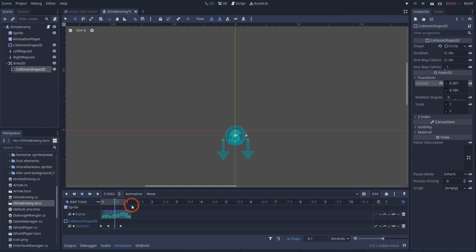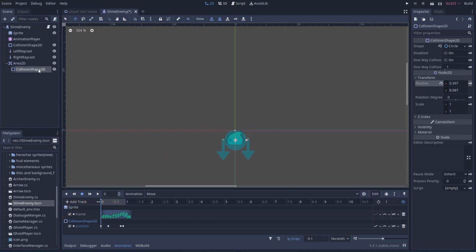Awesome. Now you can see that there's a little bit of finickiness here. I believe it's right. I guess that's okay. I mean, you have that one little snap right there that we could fix up just a tiny bit by pulling this up and throwing another breakpoint and then move to the next one. Yeah, that should be fine. So now if we hit play, there we go. So now the little collision shape will follow the character, so that way you can get hit by him when he jumps up, but when he's down, you're not going to get hit by him, is the gist of what we're trying to do.